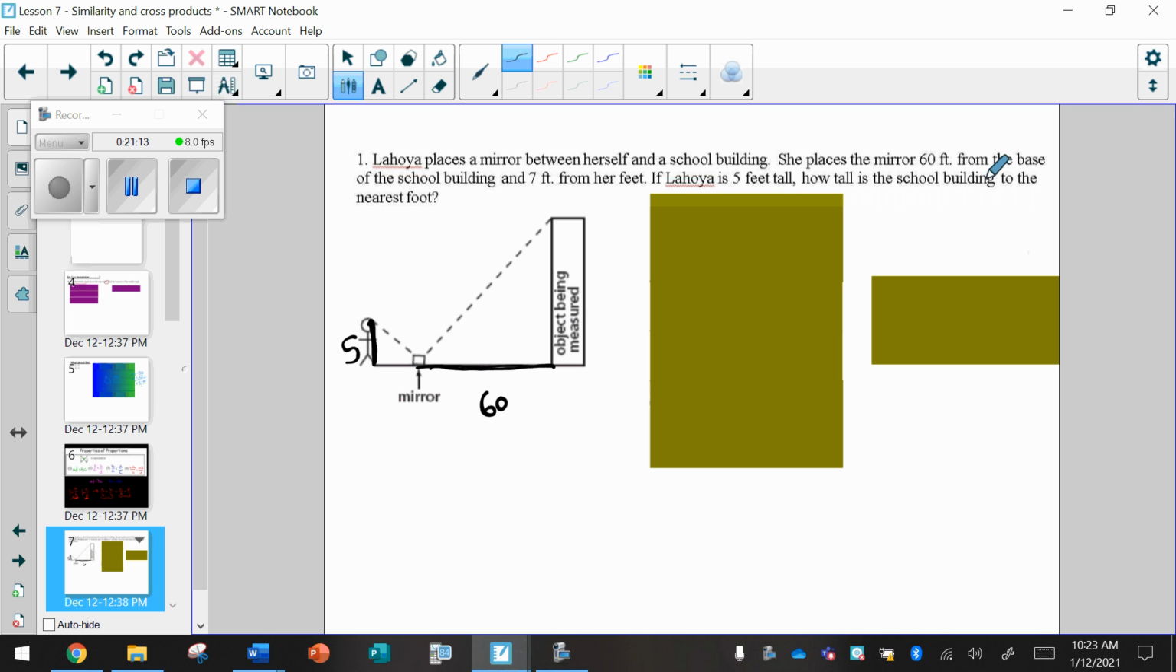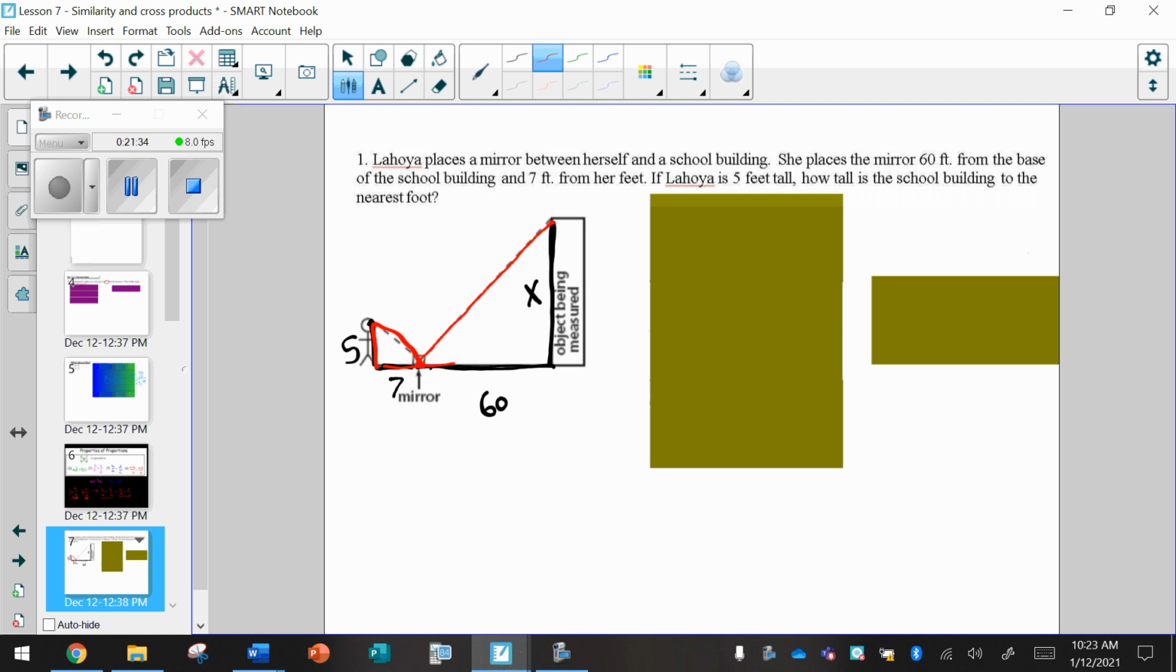And let's see. And the mirror is 7 feet away from her own feet. We are going to use proportions and similarity to find the height of the building. So how do proportions and similarity fit into our unit? Well, we have two triangles